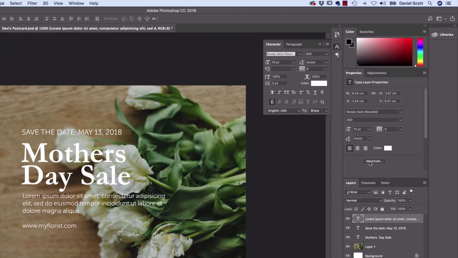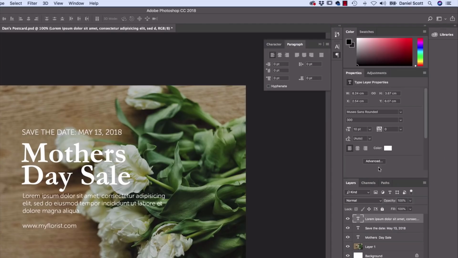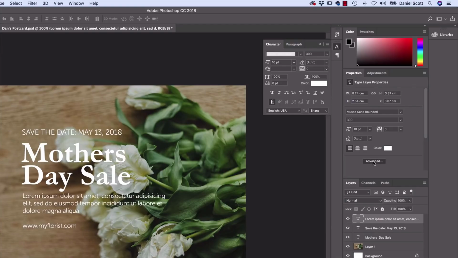Now, I don't think advanced is super nerdy stuff. It's just, actually there's some good usable stuff in there. And you also know if you toggle this or keep clicking it, it switches between your advanced character and advanced paragraph. So if you're looking for indents and other stuff, just keep clicking on this, mash away until you find the one you need. All right, my friends, let's finish this one and get into the next video where we look at doing type